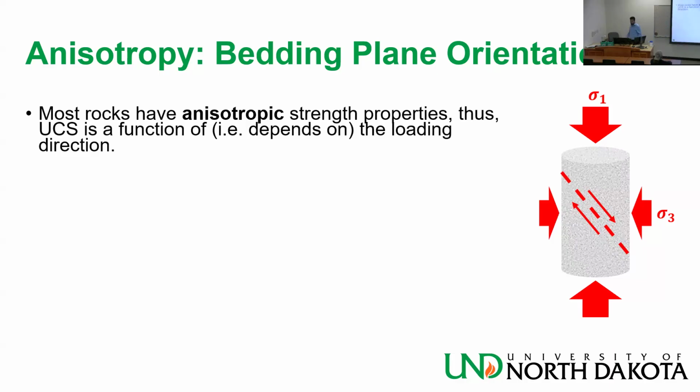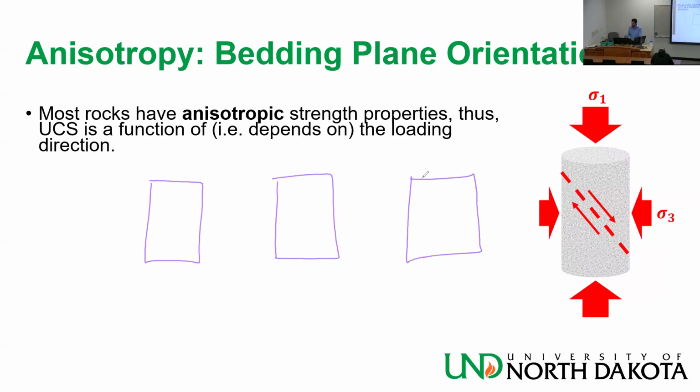Okay, think about this. I have a test like this. I have a sample, and I'm going to try to break it. What do you think will give me the lowest? What do you think will break at the lowest sigma 1, assuming sigma 3 is constant? Which of the three samples will require less sigma 1 to break? Something that is layered like this,